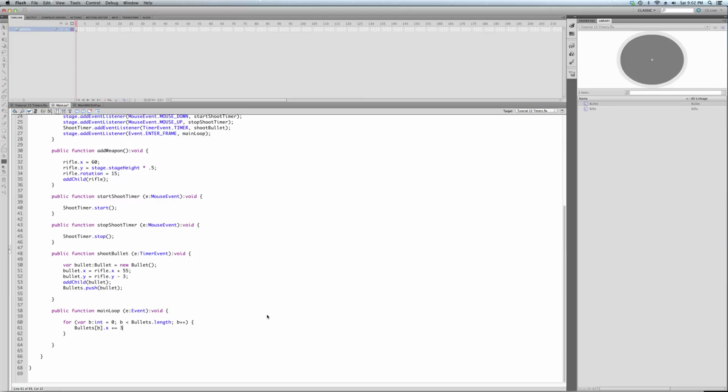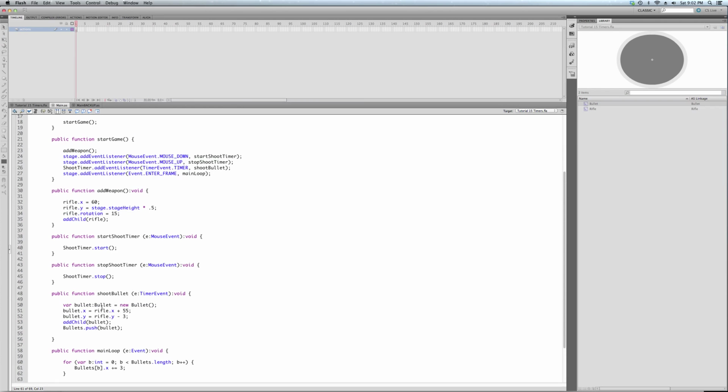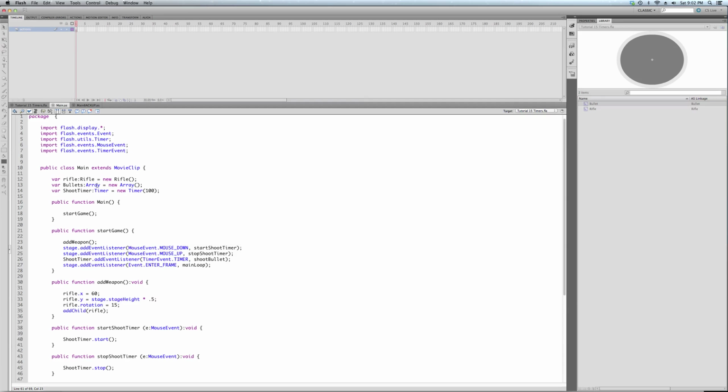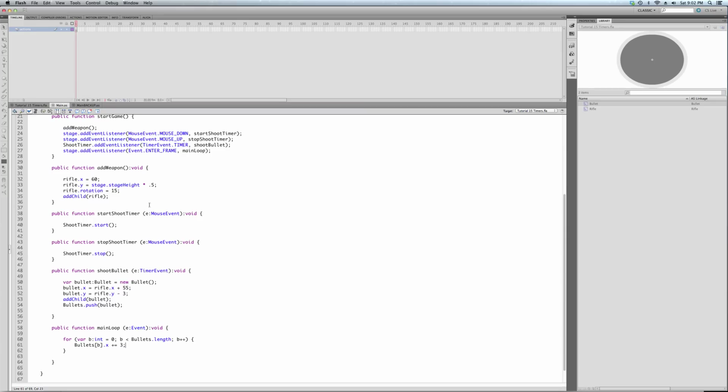This is just a number that hopefully will look right. We're going to add 3, plus equals 3, to the x value of bullets b, which is going to keep changing. So it's equal to 0, which means the first bullet in our bullets array. Once again, our global array up here. Remember, every time our timer goes off,